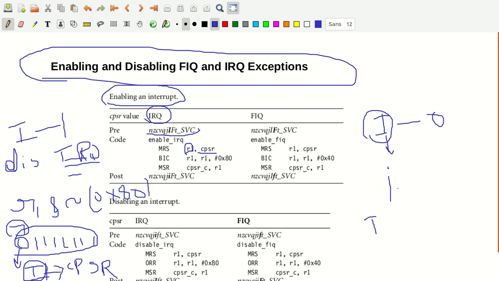That is what we see here. You have enabled the interrupt request. By enabling the interrupt request, you are allowing requests to be raised through the IRQ pin. So that's what happens here. You can just look at this one.